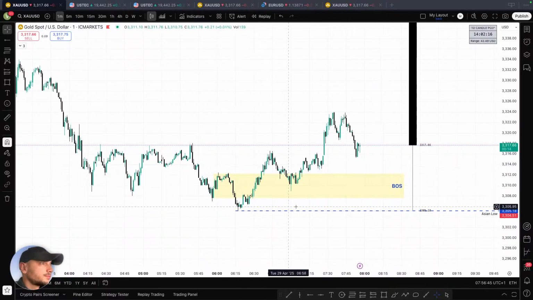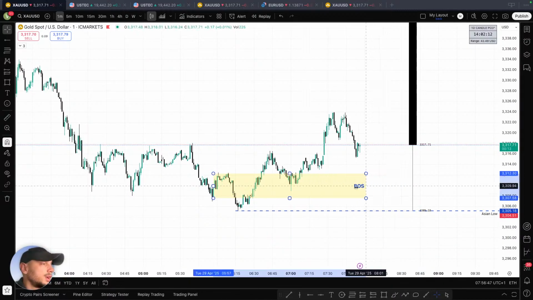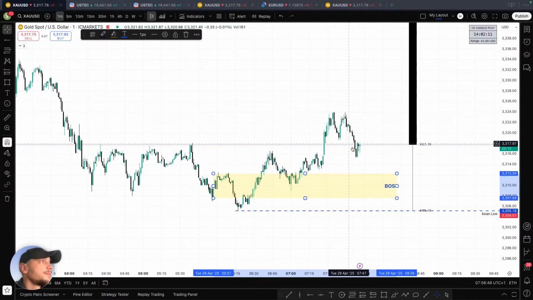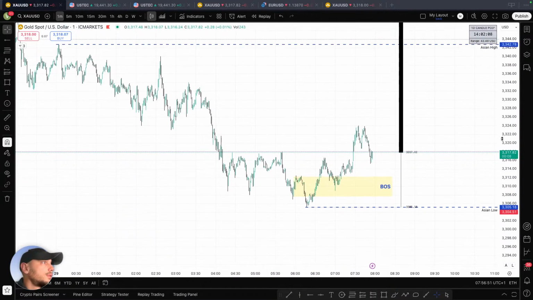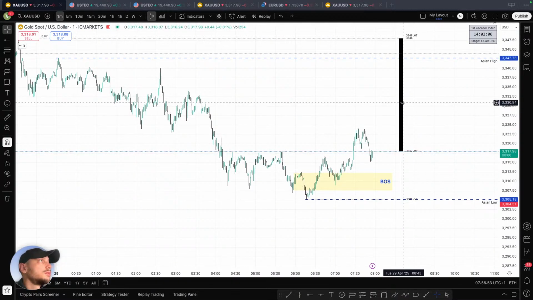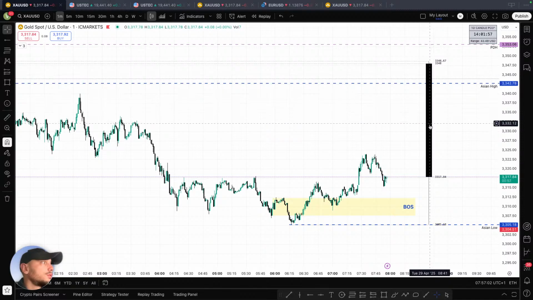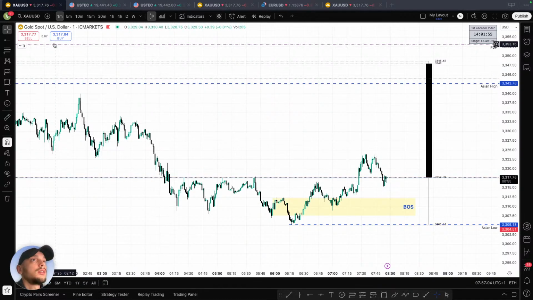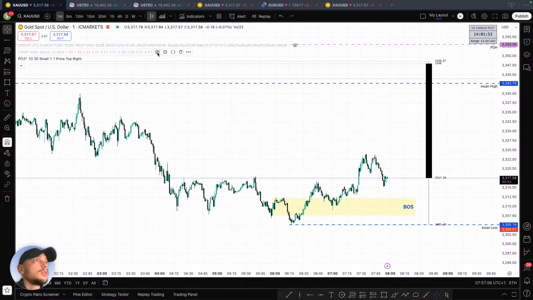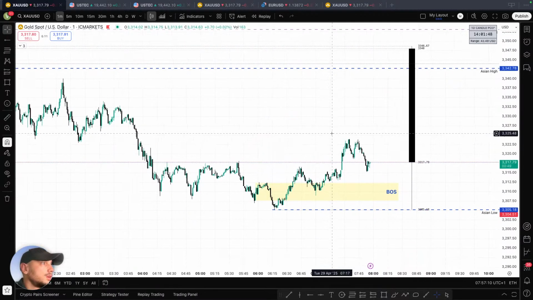So yes, we made a break of the change of character here. It's very important. This is the daily candle I use right here. Something new I'm going to introduce to you, a daily candle. And as always, we're going to look at the view up, but this will be for later on.